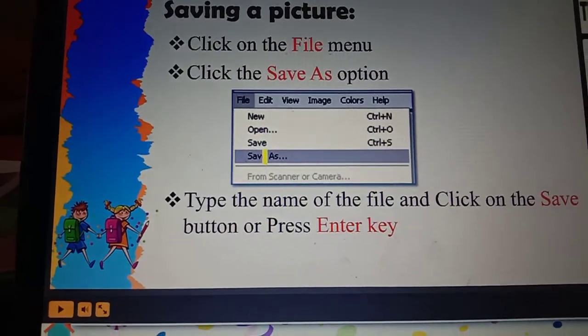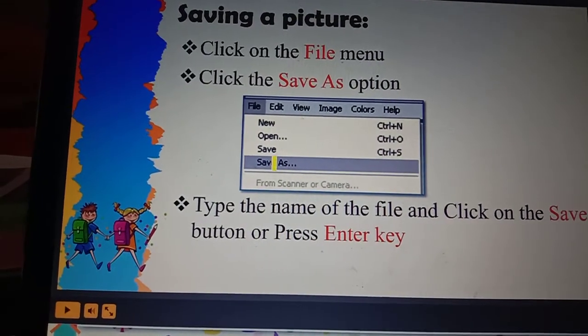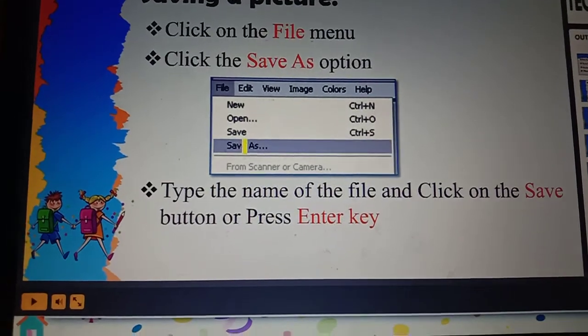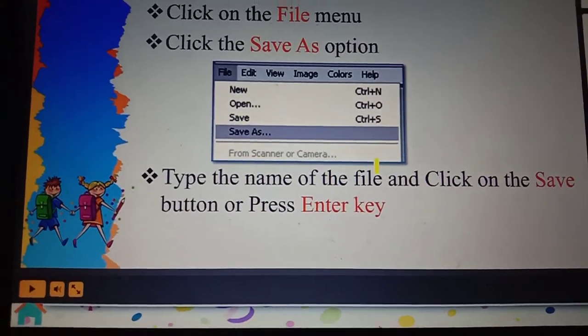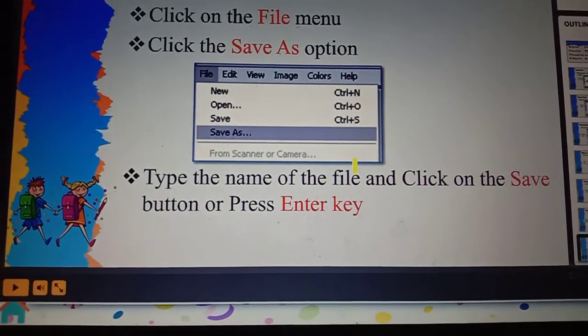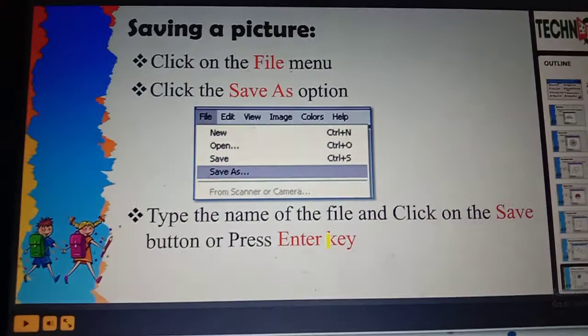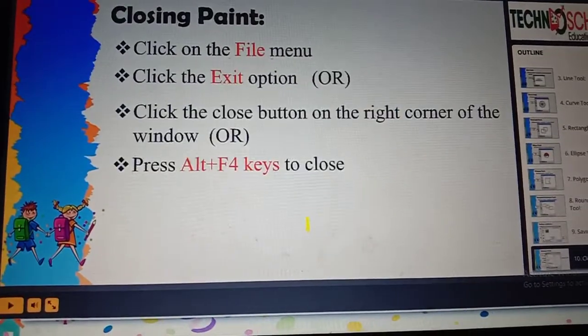The specific name helps us to view the MS Paint drawing or picture for later use. So you type the name for the file, and then click the Save button, or else you can directly press the Enter key. Okay. So these are the steps for saving a picture.